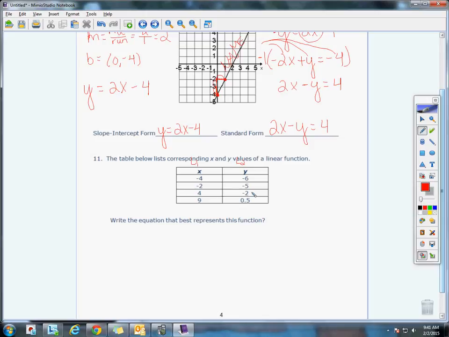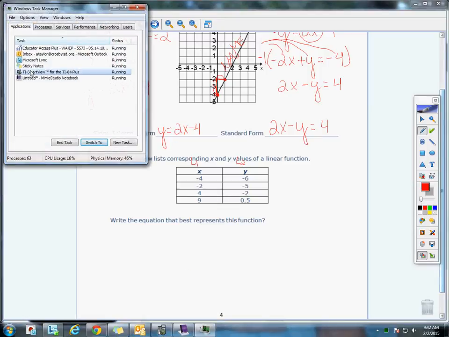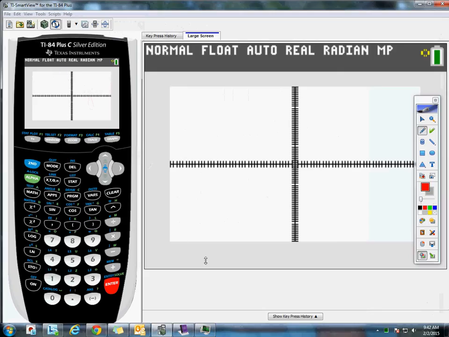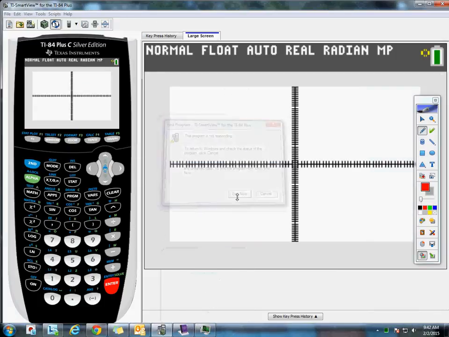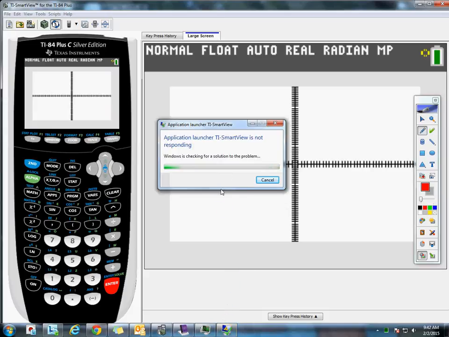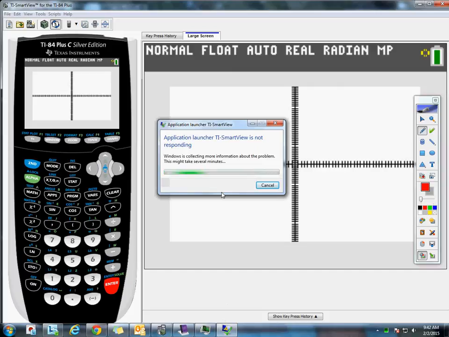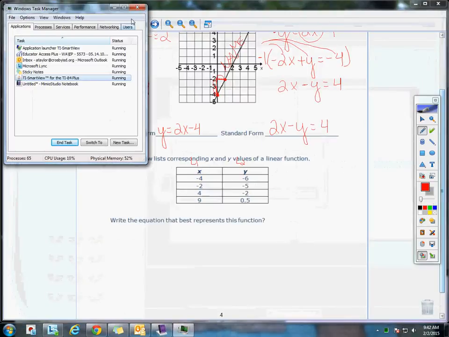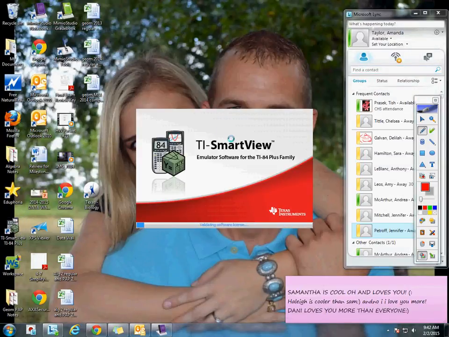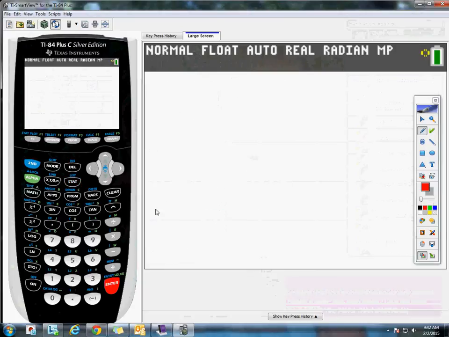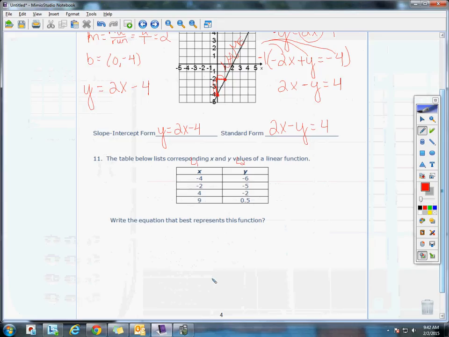I'm going to see if I can restart my calculator while you all type that into your stat edit. Alright, so let's see if I can do this. So stat edit. In L1 are going to be my x values. So we have -4, 2,